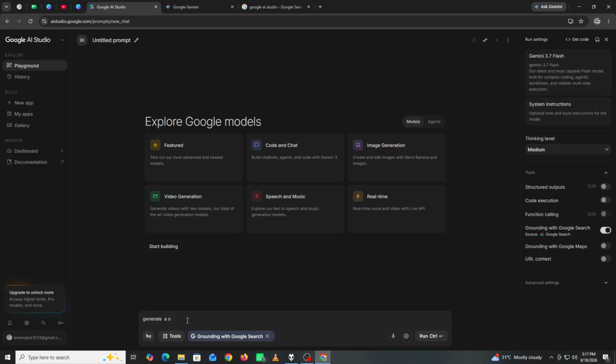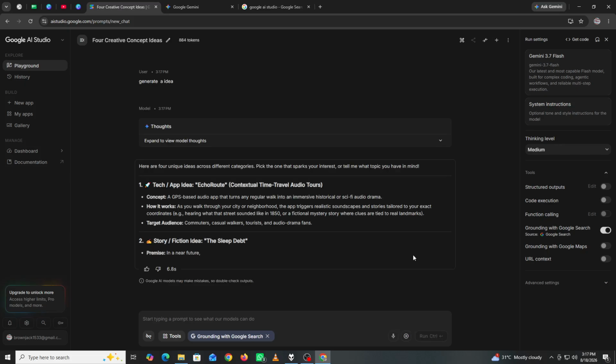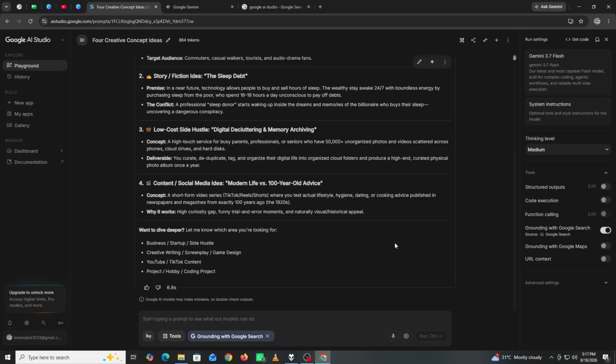Test each step separately before connecting everything together. If a step produces inconsistent results, refine its prompt and provide examples of the output you want. You can also use structured outputs when one step needs to pass predictable information to the next step. For example, the idea generation step could return a title, target audience, angle, and key points. Once each step works correctly, connect